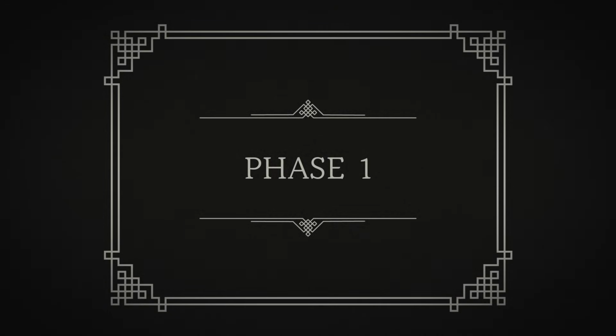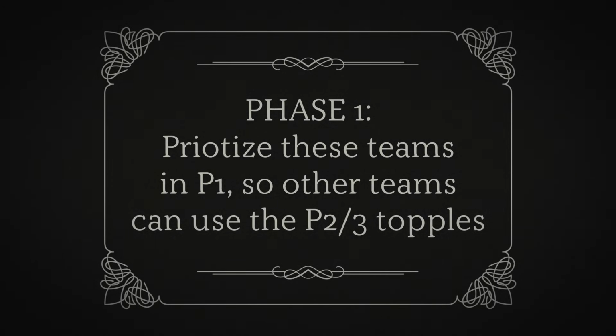Okay, let's get to Phase 1. Now the first thing to know is that there are quite a few teams that do well in Phases 1 through 3, but there are a few teams that are absolutely dependent on the topple in Phases 2 and 3. So we want to prioritize other teams in Phase 1 so we can save those topples for teams that would otherwise be fairly useless. On top of this, these teams all do slightly more damage in Phase 1 anyway, so